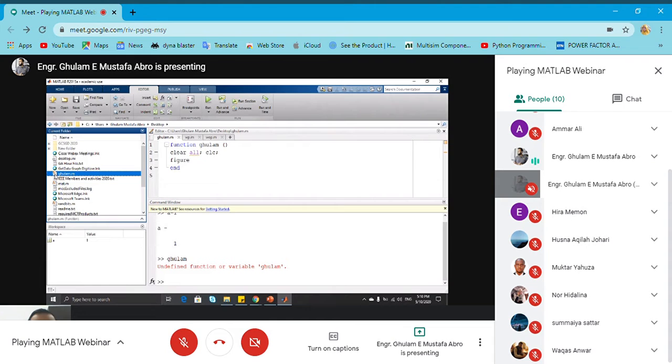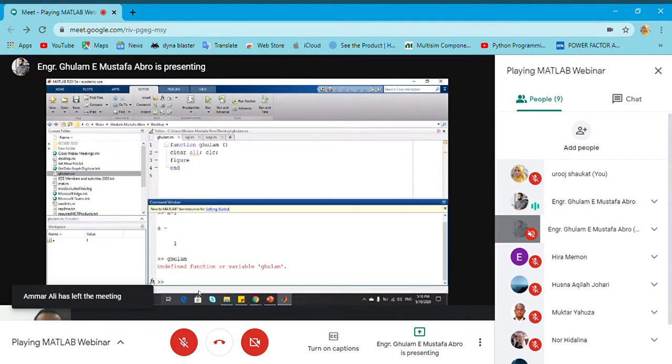Whatever file has this symbol fx means it's a function. It can be used in designing code, but you cannot run it like any other code. It's a different file, with different significance than other files like the M file or Simulink file. Now if I write Ghulam,